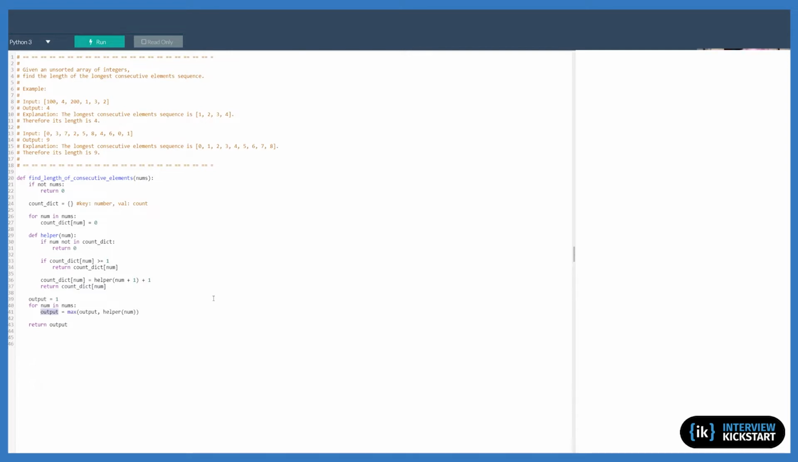Oh yeah. Same for the first one, right? For the first input, we first have a count dictionary with keys like 100, 4, 200, 1, 3, 2, and the value will be 0 for them, and we start with 100, right? So for this loop, we first look at 100,